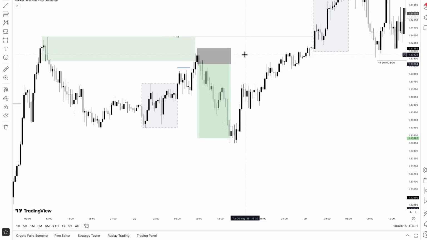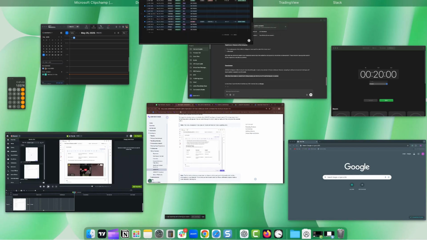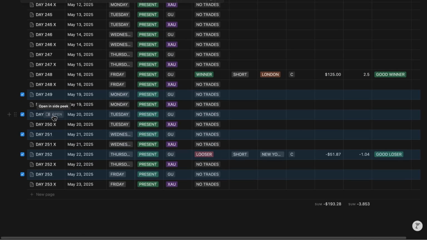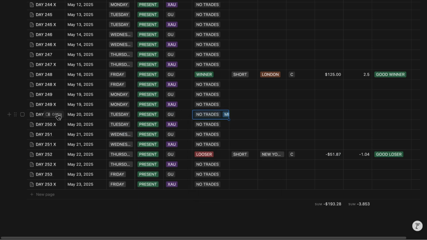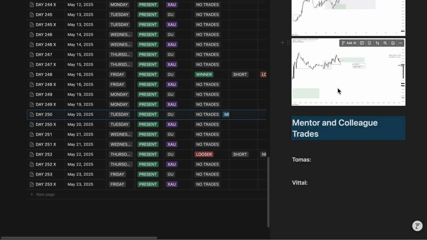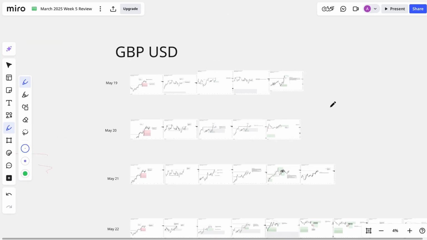So yeah, I can say this is a missed trade. If I was a little bit aggressive, I could have taken this trade, but that aggression must continue in all the trades. So not this trade only, but it should continue in all the trades. So let me quickly take a snap of this one, and I can say this as missed trade 250 Tuesday and paste it right here. Cool. So continuing